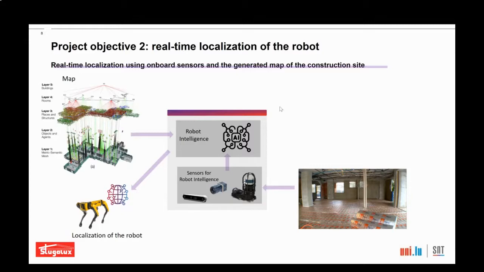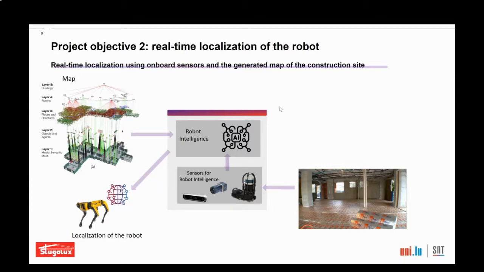That means the robot will have this sensing information on the real construction site, and he will then compare it in real time with the internal map. However, not only comparing with the internal map, but even adding what he senses to this map. That means this is a continuous process of localization and also map building. So finally, at the end, the output is the localization of the robot.